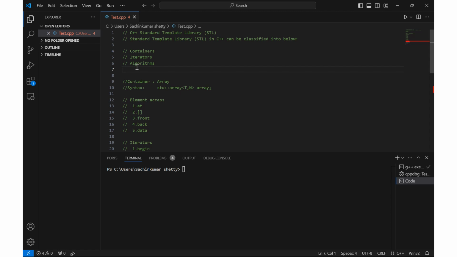So here, let's take the example of array. Array is also a container that encapsulates fixed size data, a fixed size array. Which means that the array size is decided at compile time itself. So the array size should be provided at compile time itself. And also the other thing with the std array or STL array is that